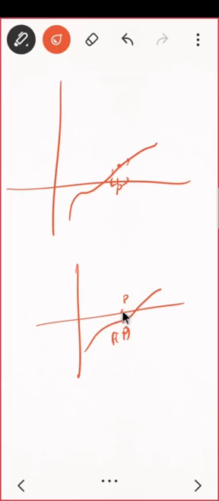Yes, of course. You can take this neighborhood as small as you want. You don't want to cross this point because at this point the function will be zero. After that, everyone becomes positive. I don't want that. I need that in that neighborhood the function should have the same sign. Whatever the sign of f of p is, your function should have the same sign in that neighborhood.